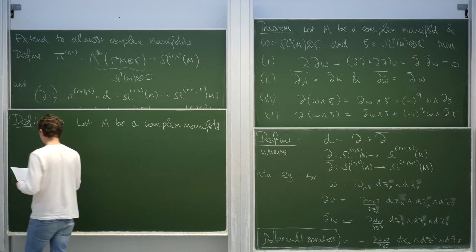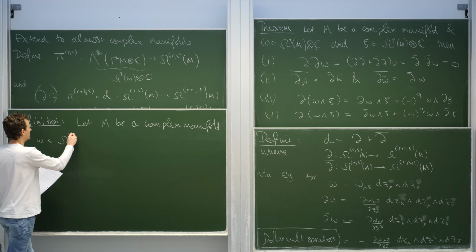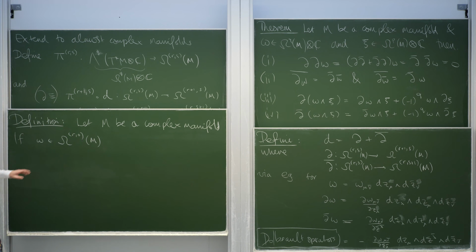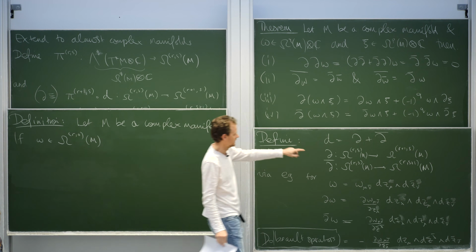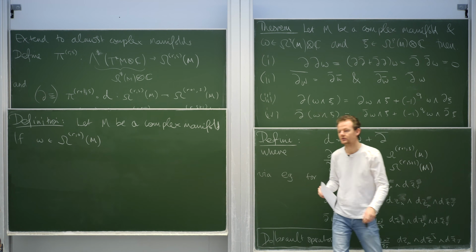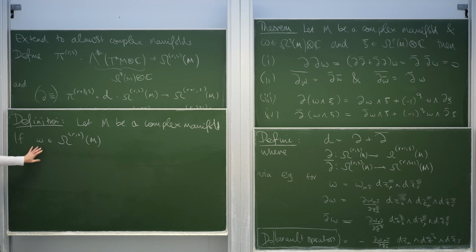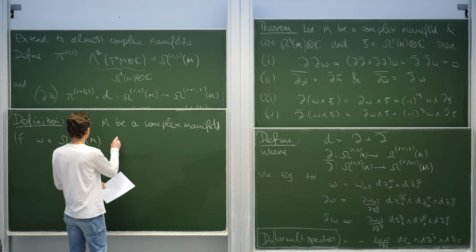So suppose we have ourselves a complex manifold and we have our friendly (r,0)-form. So that means it only has holomorphic terms when you expand it in terms of wedge products of coordinates. Now you might think, okay, that's a reasonable definition for what is a holomorphic form. Well, it's not, because the coefficients could still depend on z and z bar. So we have to come up with a notion of what holomorphic means here, and